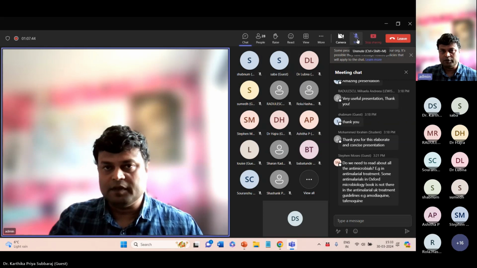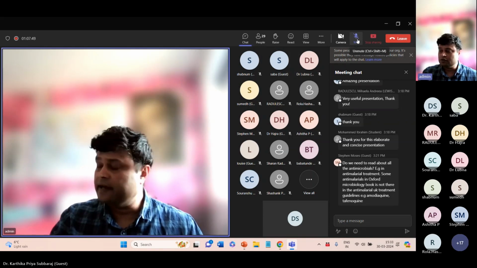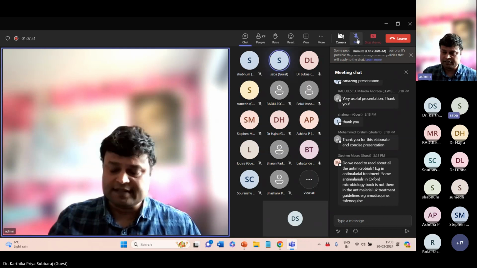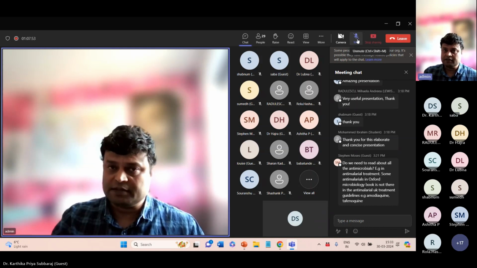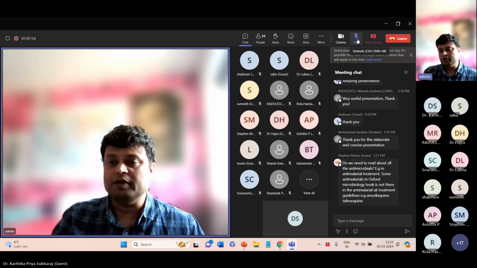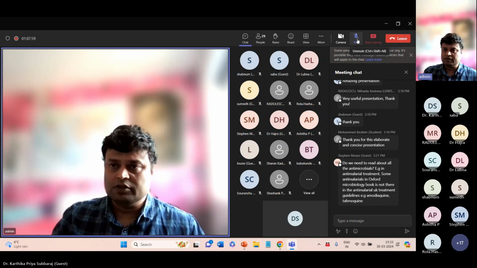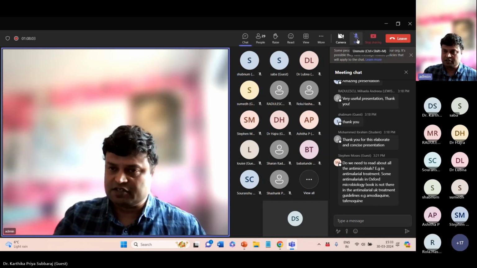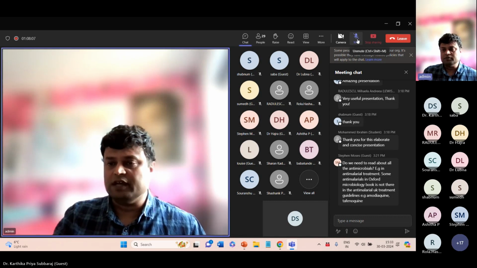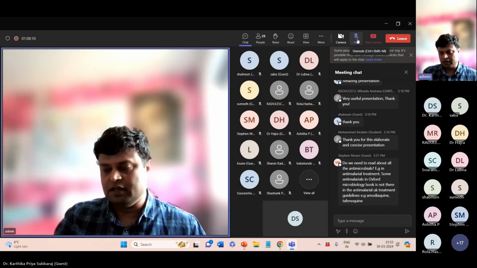The ways of getting GMC registration are many. One would be PLAB and IELTS or an English language exam. One will be full FRCPath. One will be MRCP. One will be USMLE, Canadian exam, or Australian exam. So if you have any of these, or sponsorship, then you can get GMC registration, and a postgraduate degree should be enough for you to get a job in the UK.